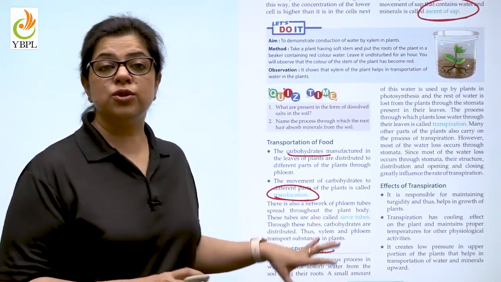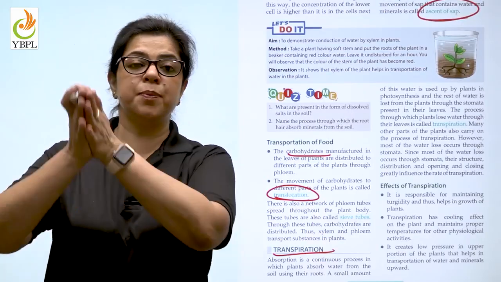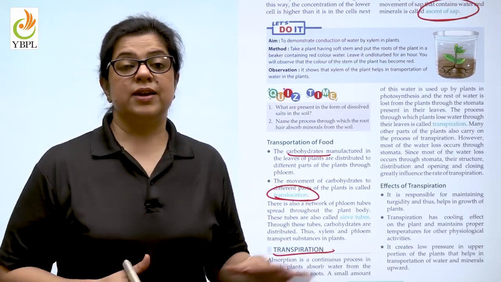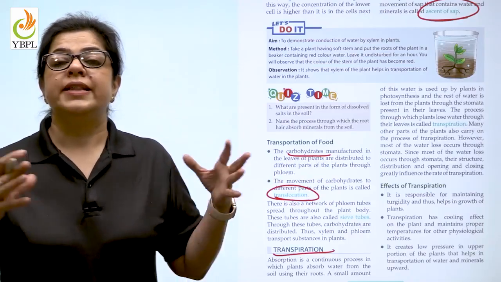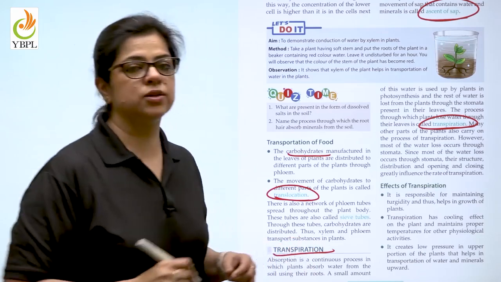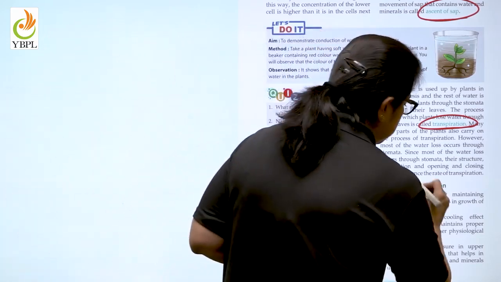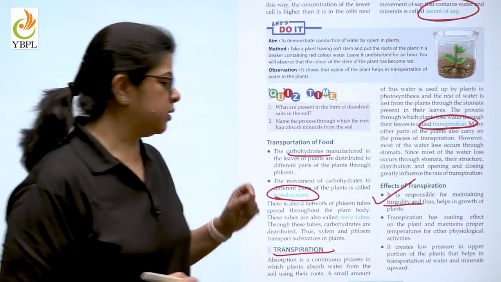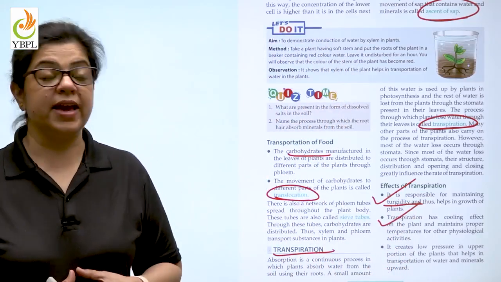Now let us understand some more about transpiration. So we know that the roots are absorbing water constantly. This water is going up the stem in order to help in the process of photosynthesis. Now the leaves cannot use all the water that has been absorbed. So what do they do? They give out water by the process which is known as transpiration. Now what is the effect of transpiration? It is responsible for maintaining turgidity and in the growth of the plant. It has a cooling effect on the surrounding areas.